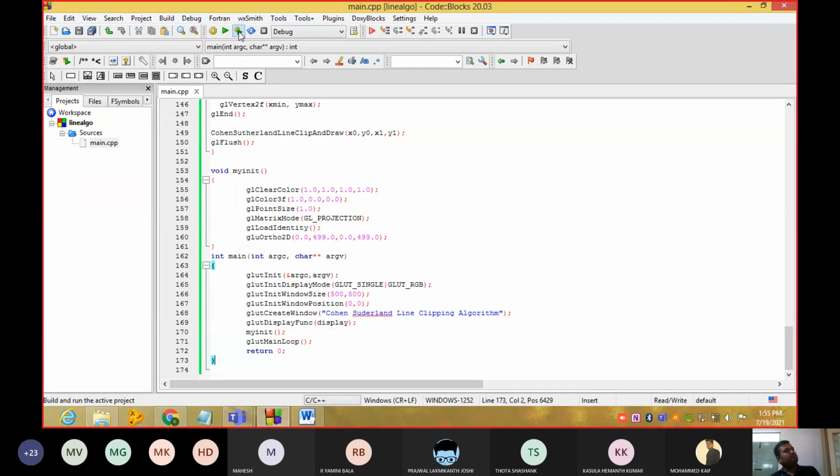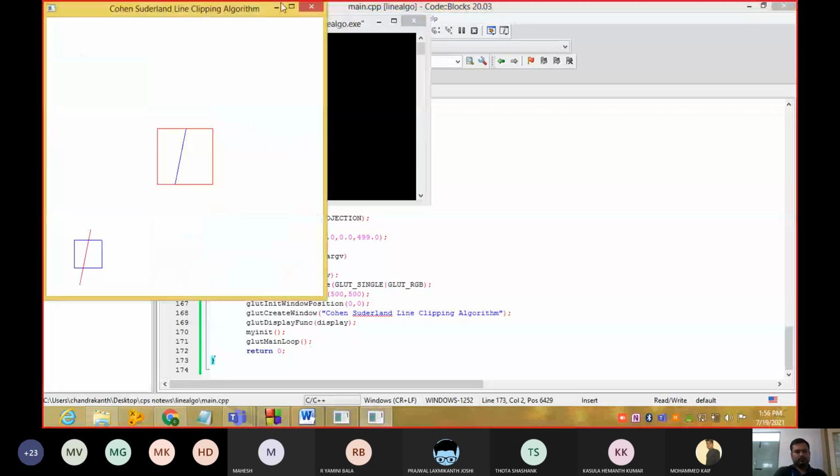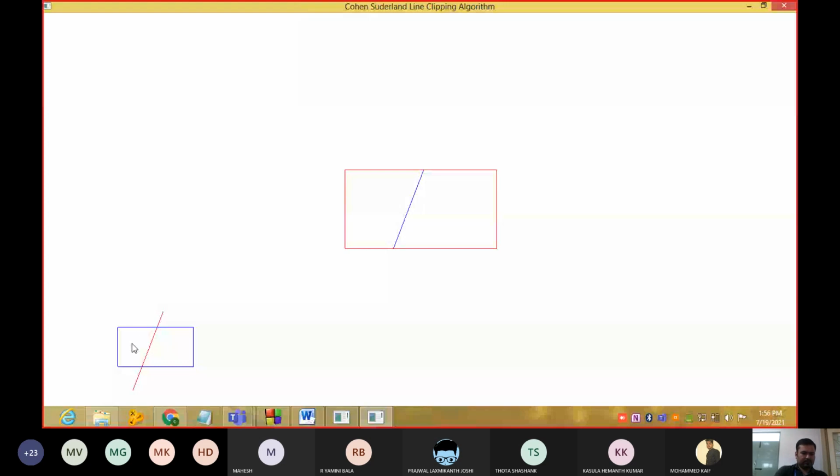That is, we need to give x minimum, x maximum, y minimum, y maximum, and we need to give xv minimum, xv maximum, yv minimum, and yv maximum. So first we are supposed to give these values. This is x minimum, y minimum, this is x maximum, and this will be y maximum. And we are supposed to give the line dimensions x naught, y naught, and x1, y1.